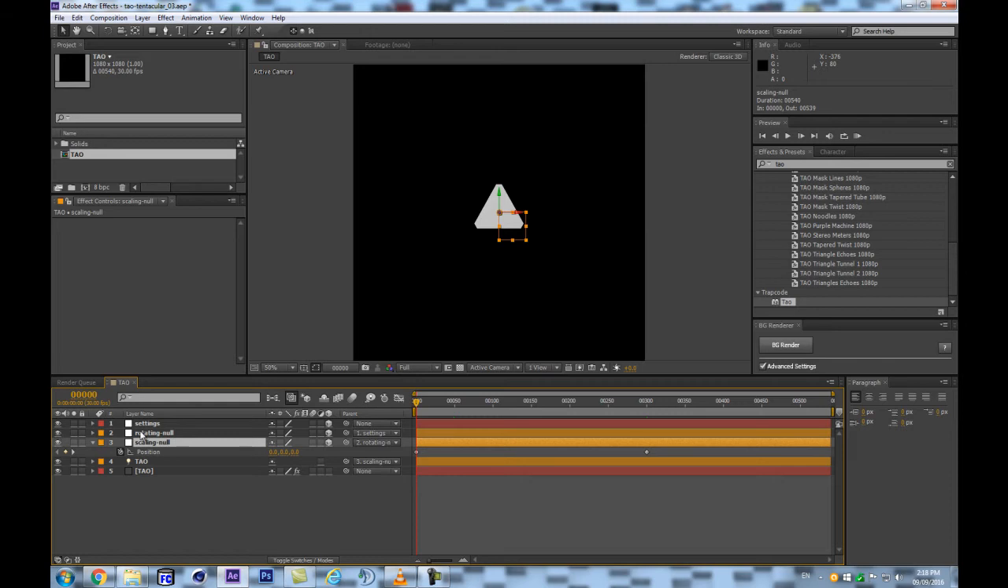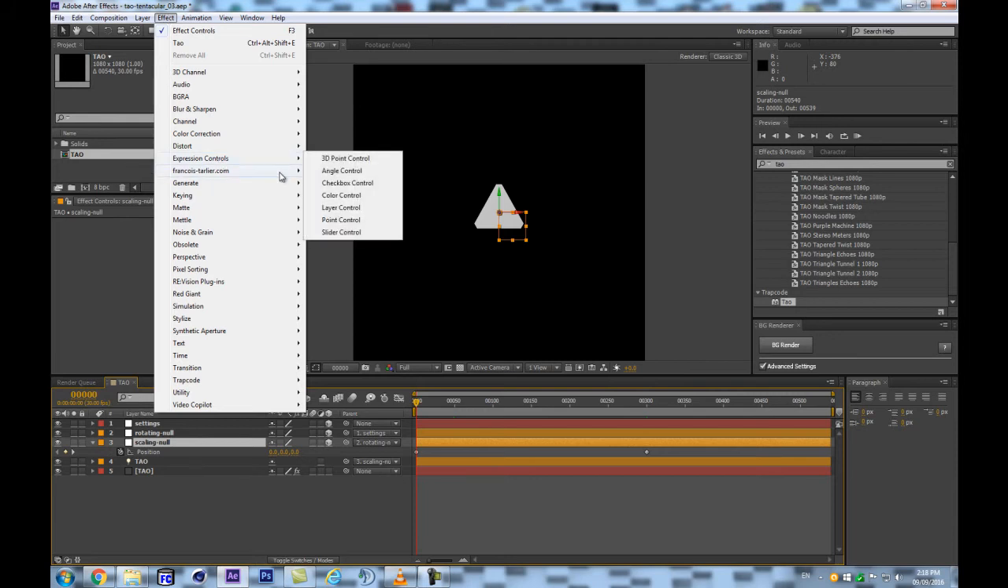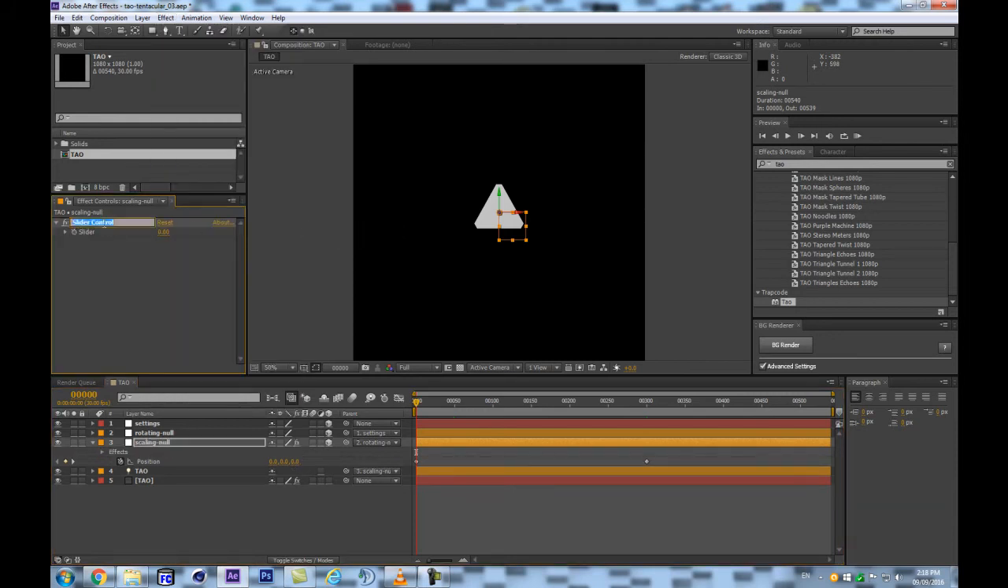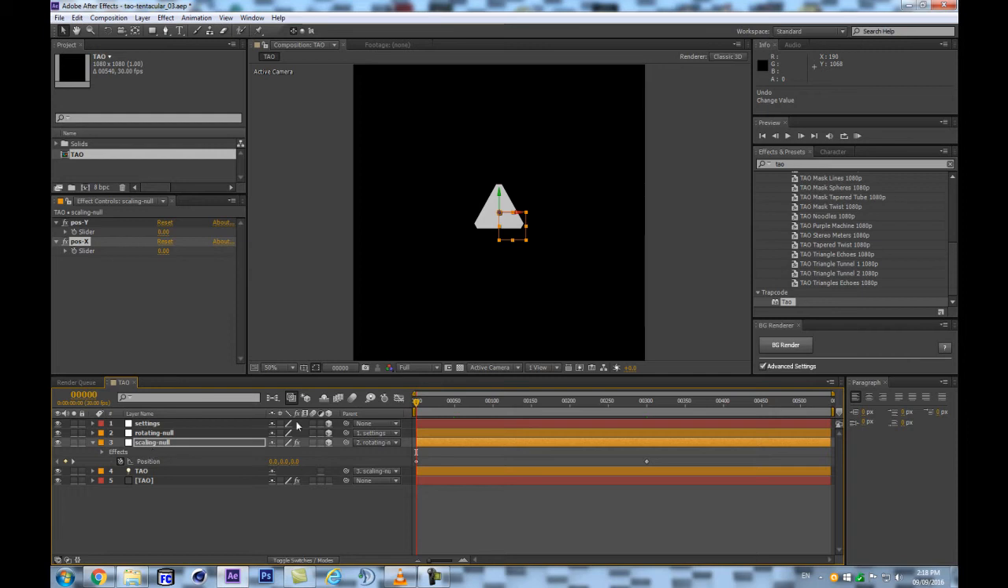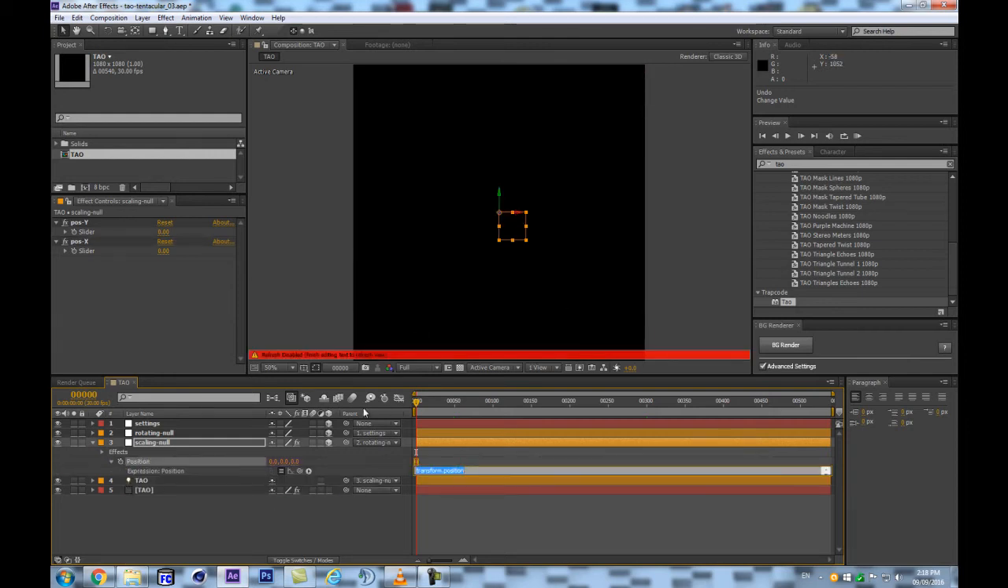So on this scaling null, we're gonna put a setting. We're gonna put a custom setting and expression control, and this will be the position Y, and this will be the position X. So what we're going to do here is move it on the X and on the Y, all right? But we're gonna use the time value for that. So let's remove all our keyframes here, and let's alt click so we can write something,